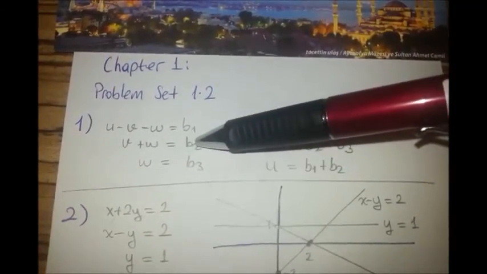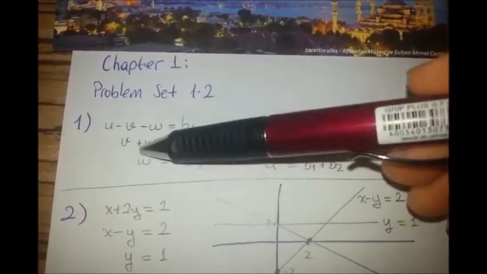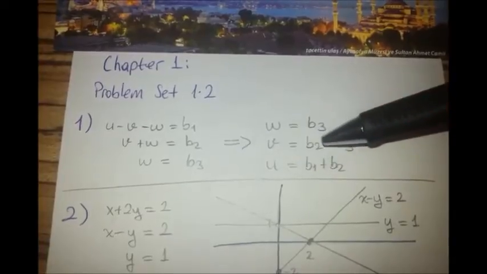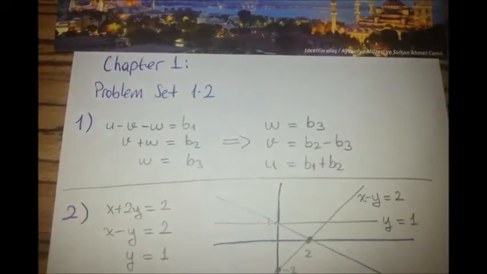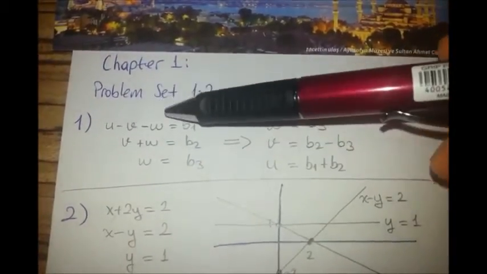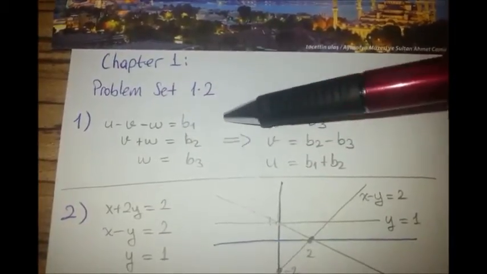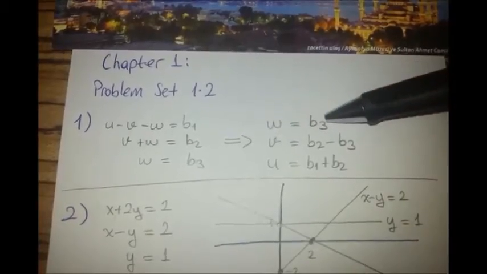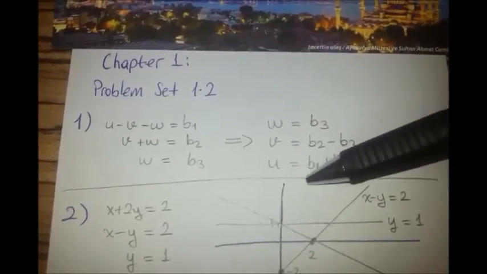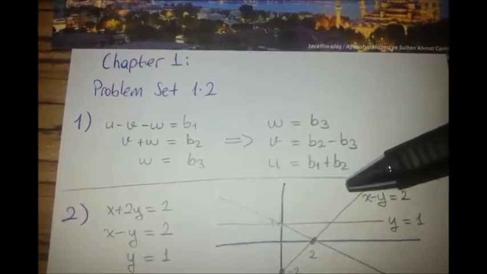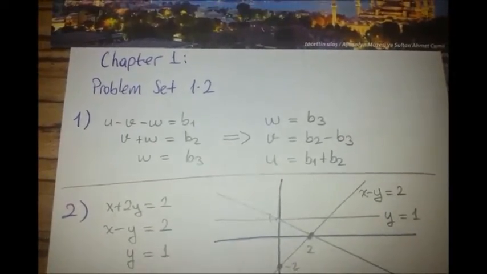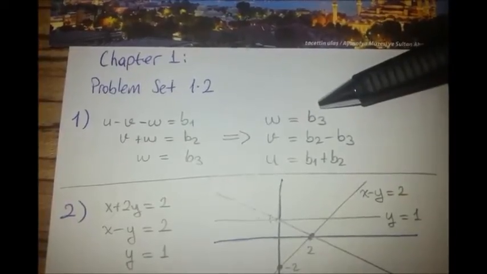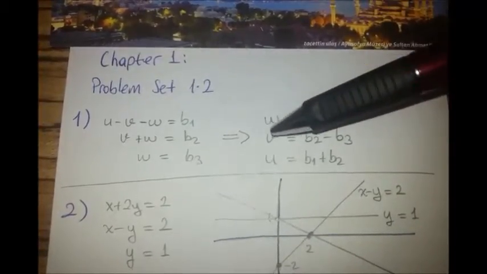Then we find what V is. V is equal to B2 minus W. W is equal to B3. So B2 minus B3 is V. And U is equal to B1 minus B2 plus B3 and plus B3. So the B3s cancel out and B1 minus B2 is the answer. So these are the columns in terms of B that give the B column, and these are the U, V,